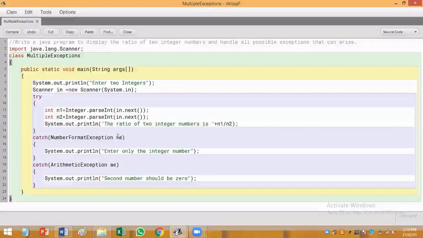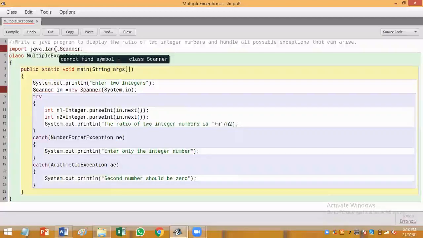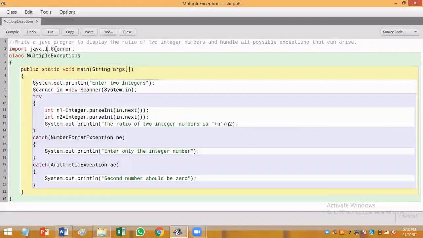Since we have used these exception classes, so this should be the util package, java.util.Scanner. So since we have used these exception classes and we are creating an object of that exception class, these exception classes are the built-in exception classes.